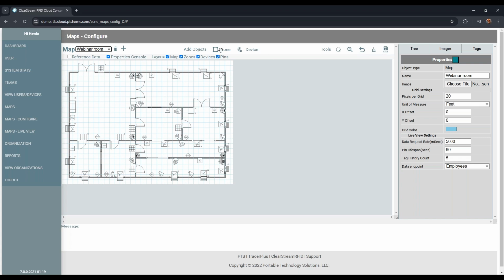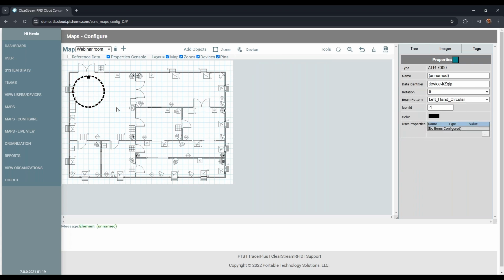So a little bit about the top up here. The main toolbar where you select and drag items onto it are up at the top here. For Rev 1, we're releasing it with ATR 7000 support. So the devices are just the one device at this moment. But these devices will be configurable to different pieces of equipment. So the important part I'd like to make mention there, here I'll drag one ATR 7000 out, is